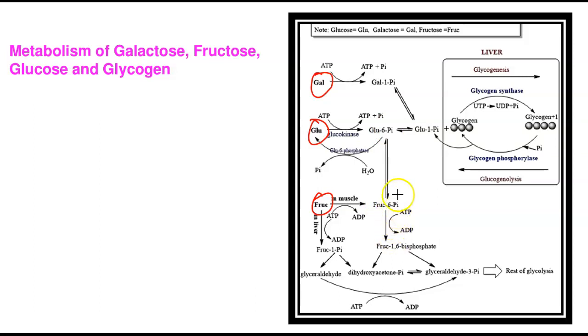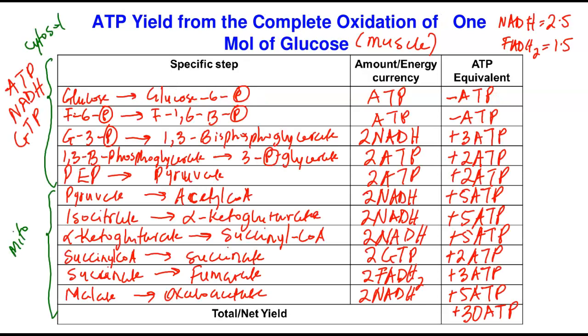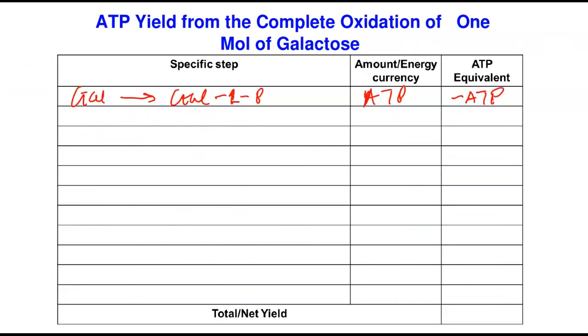So the next reaction will be from fructose 6-phosphate to what? Fructose 1,6-bisphosphate. And this is exactly what you have in the first one we did. So you're now getting there. We're going to have fructose 6-phosphate to fructose 1,6-bisphosphate. That's what you have. You again used 1 ATP, and then you've lost 1 ATP.